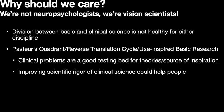Okay, that's weird, but why should we care? I mean, we're vision scientists, not neuropsychologists. I would argue that this division between clinical science and basic science is simply not healthy for either discipline. Furthermore, I think that if we adopt the point of view of use-inspired basic research, also known as Pasteur's quadrant, or as they call it in the medical literature, the reverse translation cycle, we can